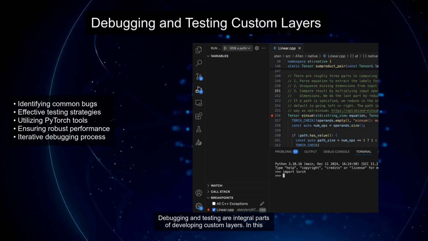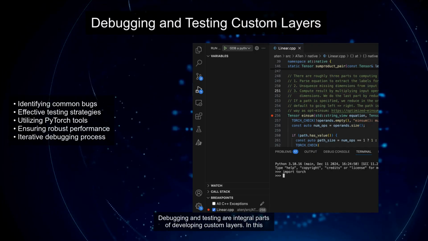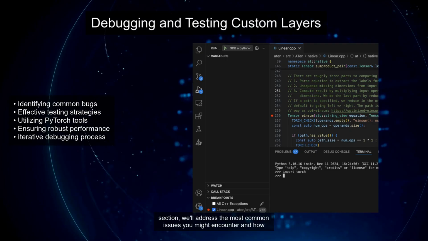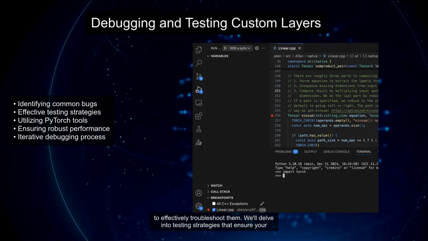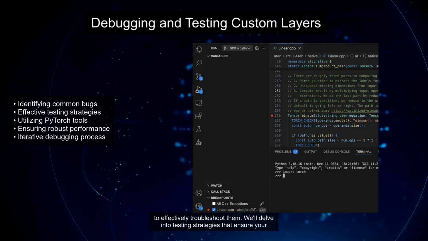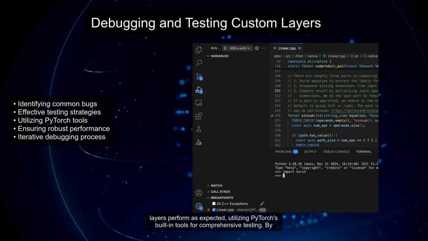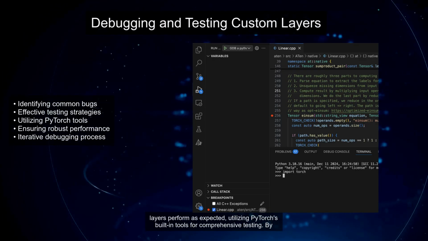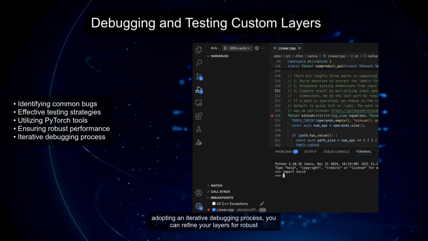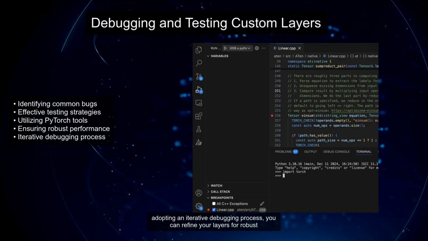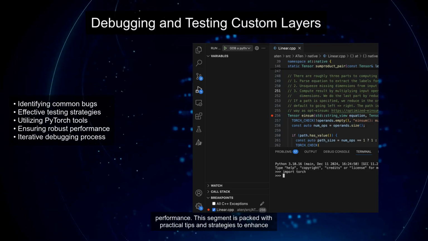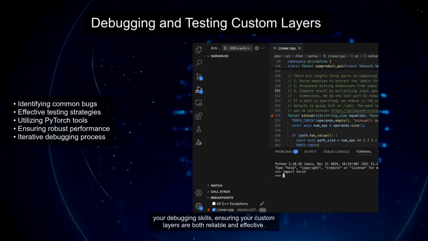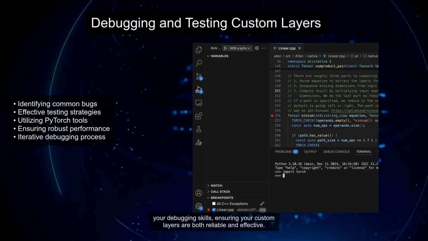By the end of this segment, you'll be able to take any model and tailor it to your specifications. Debugging and testing are integral parts of developing custom layers. In this section, we'll address the most common issues you might encounter and how to effectively troubleshoot them. We'll delve into testing strategies that ensure your layers perform as expected, utilizing PyTorch's built-in tools for comprehensive testing. By adopting an iterative debugging process, you can refine your layers for robust performance. This segment is packed with practical tips and strategies to enhance your debugging skills, ensuring your custom layers are both